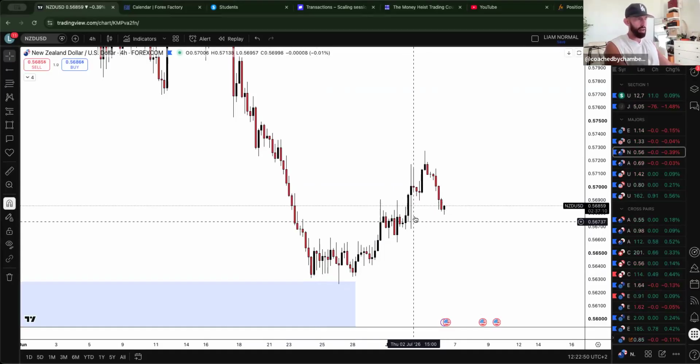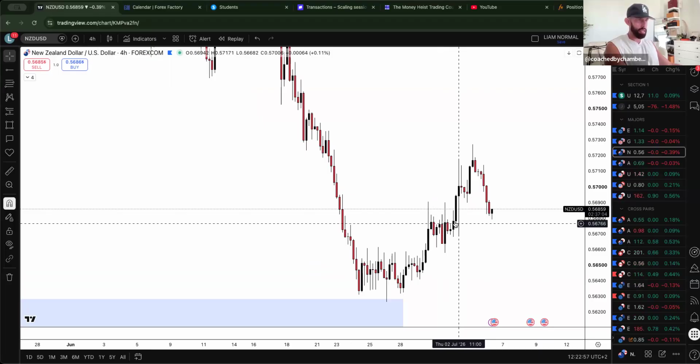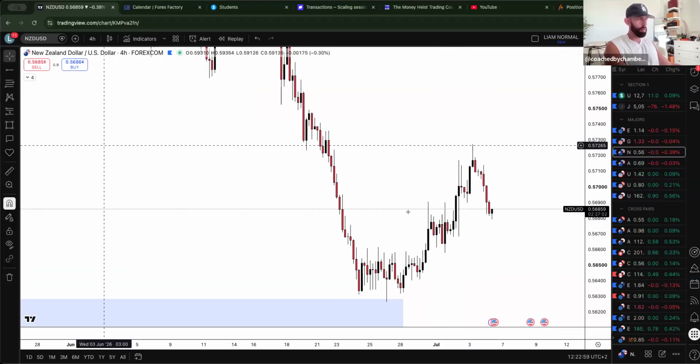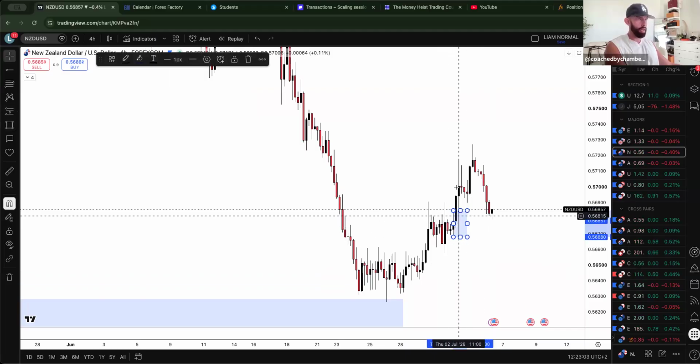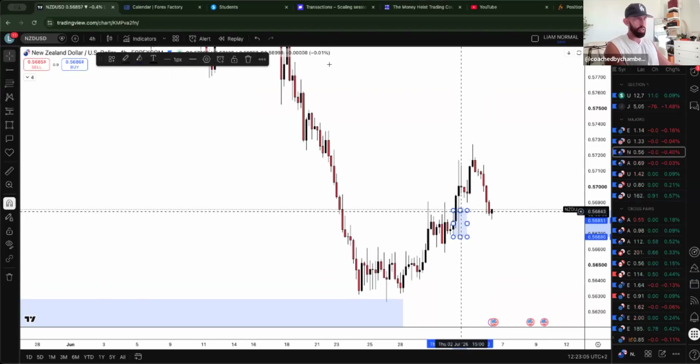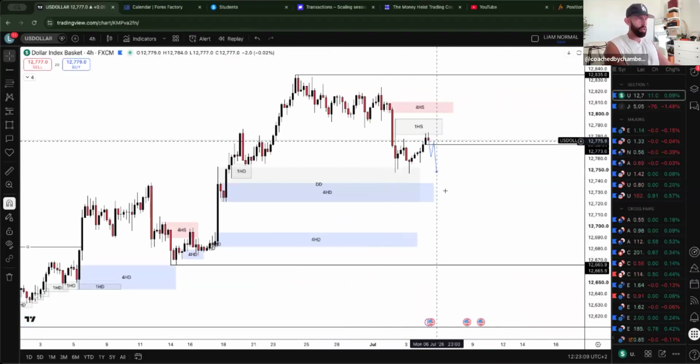And then same for the long scenario from a 4 hour. From a 4 hour, this has been mitigated here. You can see we had bullishness, market whipped into this area of demand, which I'm talking about here, and then obviously carried on bullish, and now market's carrying on shorting. So yeah, it's going to be interesting, because if we carry on shorting with the dollar, then of course.